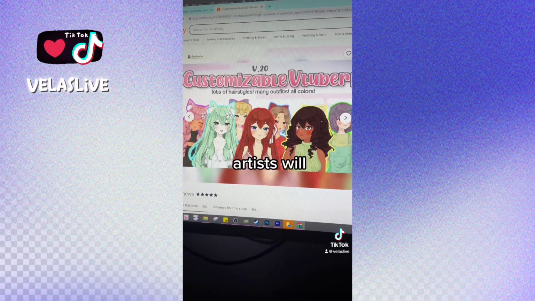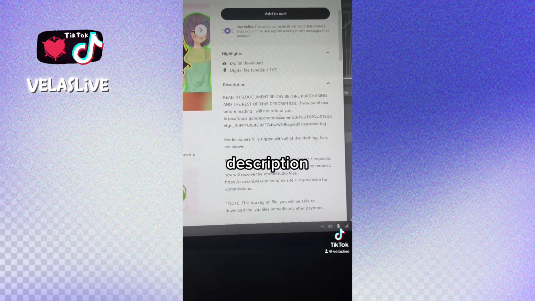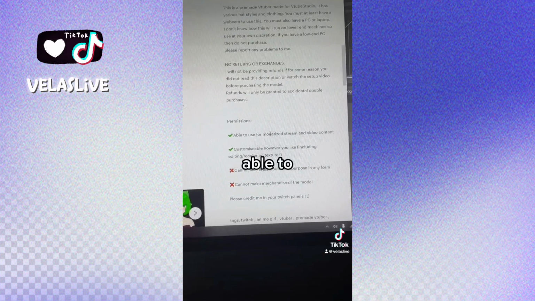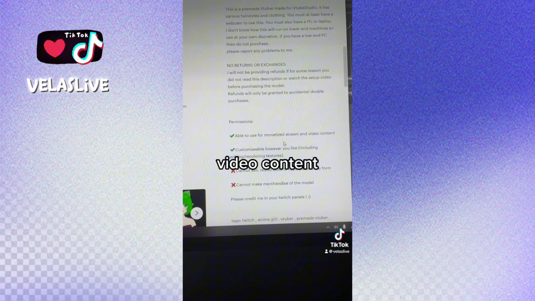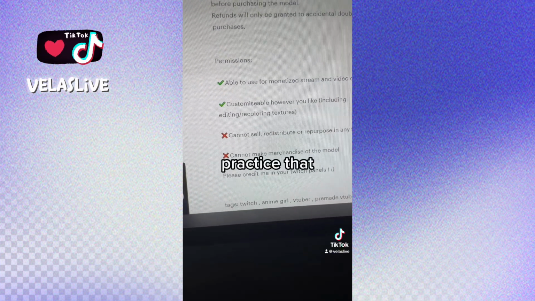Most VTuber artists will either have it in their comms page or they will have it in their description. Here we can scroll down and it says permissions: able to use for monetized stream and video content, includes TikTok. They just ask you to credit them in your Twitch panels,